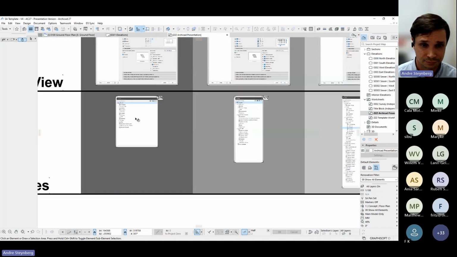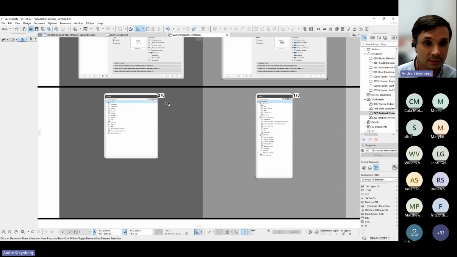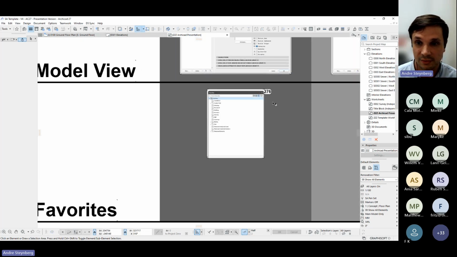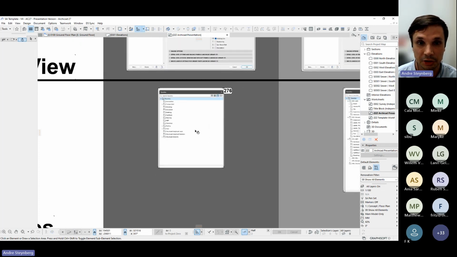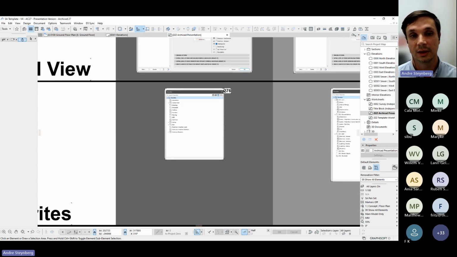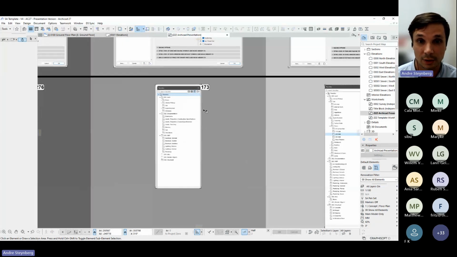And lastly, and this is going to be the big thing, is the favorites. I was actually surprised at the amount of favorites that's included in the standard Archicad template. You'll see we've gone down quite a bit. But the difference between